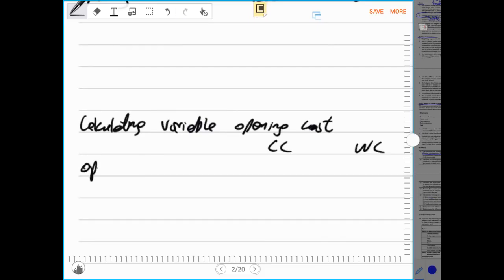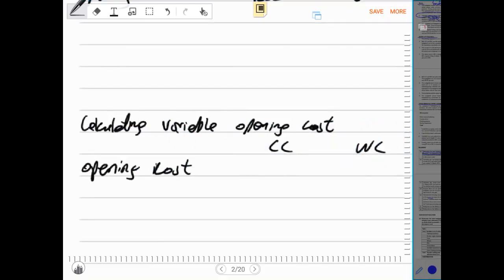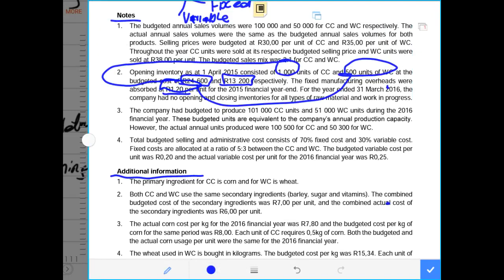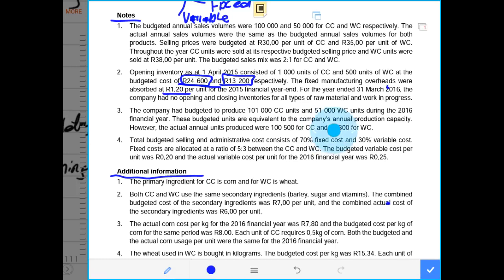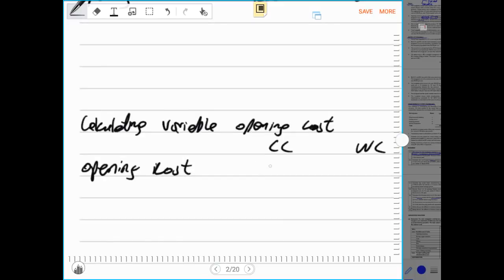And I am provided with the opening inventory that includes the fixed cost, which is my opening cost, and my opening cost is given to me as the total of 24,600 rands. So I take that total of 24,600 as it is, and I record it as 24,600, and I also have to record 13,200. Then now I have to minus fixed cost,